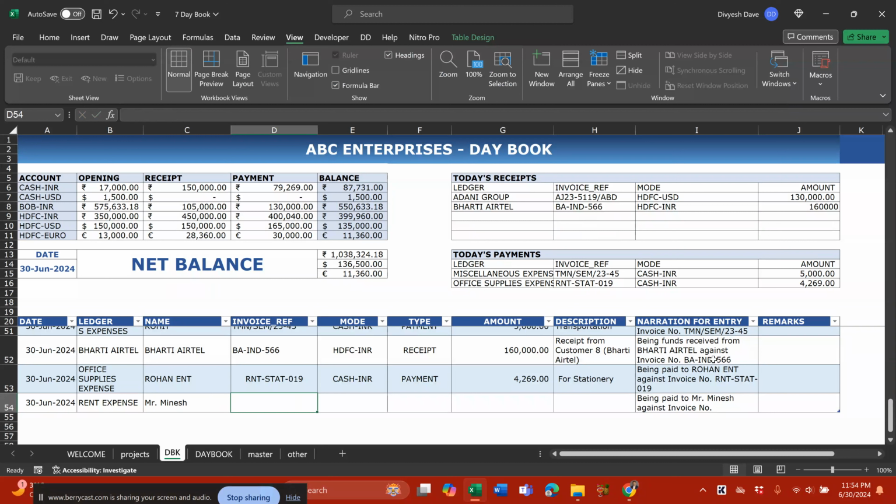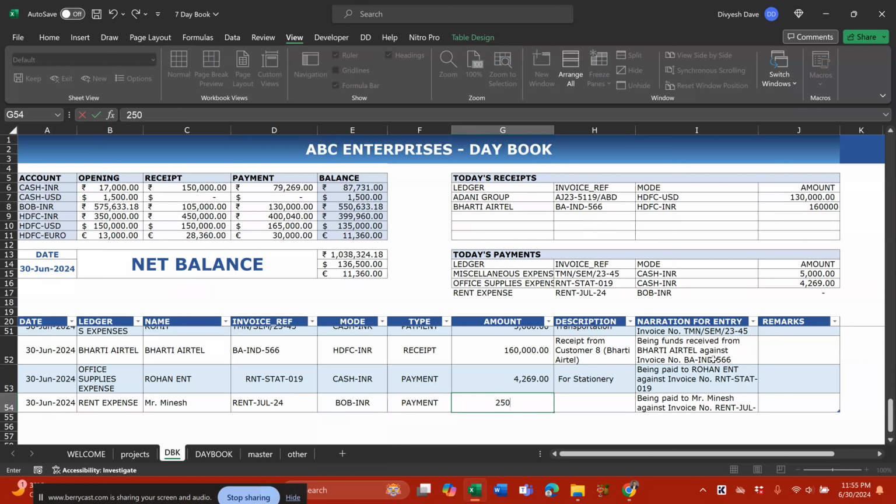And then you can give any random reference for this, like RNT rent July 24, something like this. And how we paid? So let's say we paid Bank of Baroda INR. It is a payment, and let's say we paid 25,000 rent